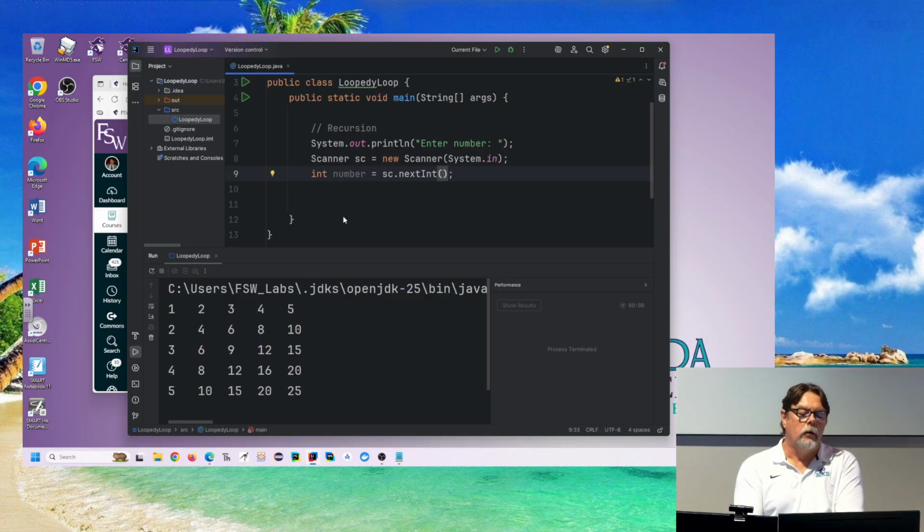Okay, this pattern that it threw in here is kind of interesting. It didn't do this the last time, but